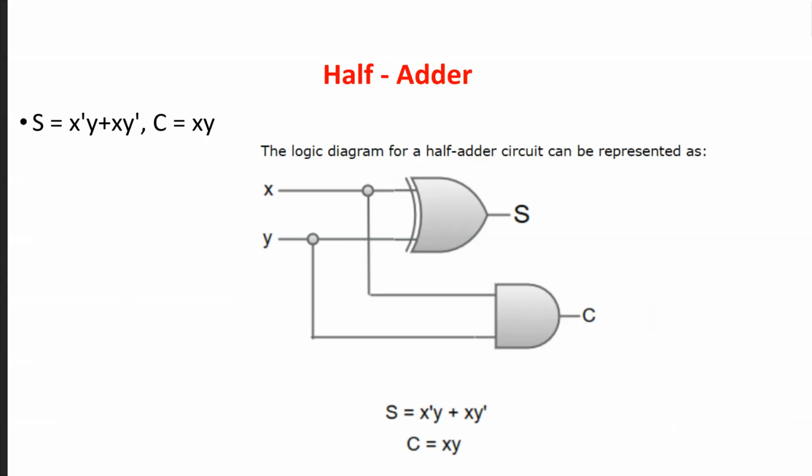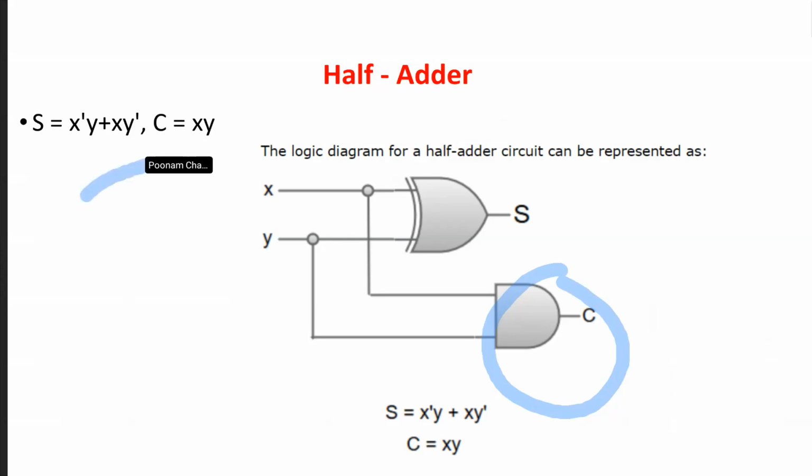Now we have to implement, thinking about implementing using any gate. So C is X and Y, and X and Y are my two inputs. X and Y is ANDed, multiplied. So here I have used an AND gate. I take X and Y and give them to an AND gate, and I get my output as C. And then X dash Y plus X Y dash,